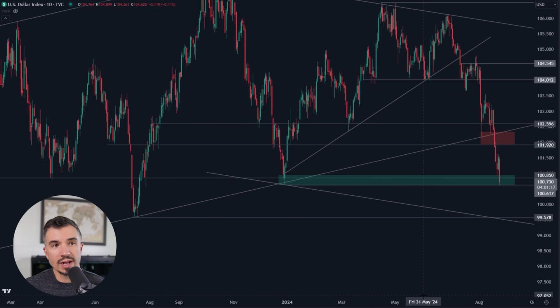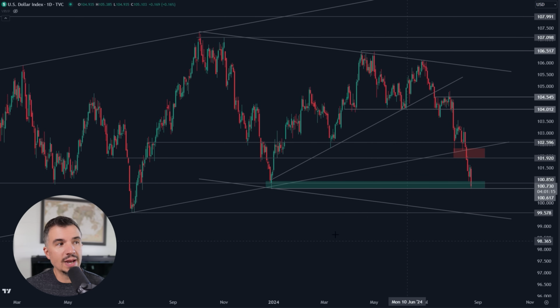However, knowing that markets love symmetry and also knowing that the DXY is below the bottom of that previous channel, we have a new channel off of these highs up here. You can see all these highs through here, and we've got this one and this low. So knowing that we've seen several breakdowns over the past few weeks, we do have an area down here around 99.6 that is a confluence of support